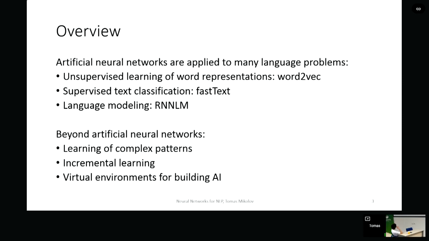For that, we can use tools like FastText that I will talk about a bit later. It's a library for both learning of word representations and for doing classification. And for modeling sequences, we can use recurrent networks. These are very popular nowadays. I think there's often much more complexity than is necessary to make these models work well, and I will explain this a bit later. Of course, there are these interesting research questions.